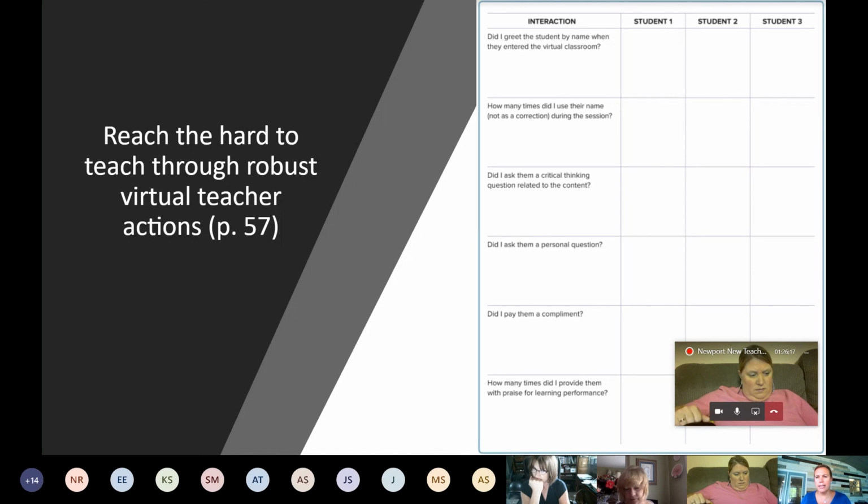Pick a couple, okay? Don't try to do your whole class at once. You have a whole lot on your plate, so just pick a couple students. And what I love about this is you could do a couple students for this lesson. I could do a couple students this whole week if I want. I can change who I'm trying to engage, who I'm monitoring. But I love this idea, and you just put tally marks by those students' names. Again, you can change this so that it meets your needs, add to, take away any of these items.